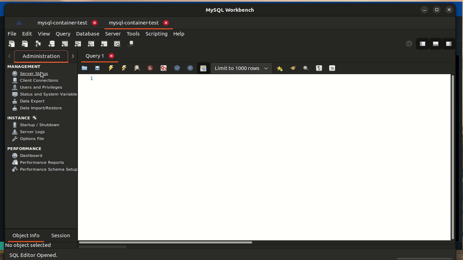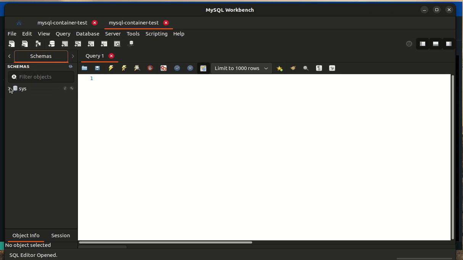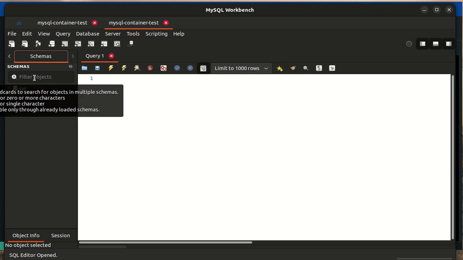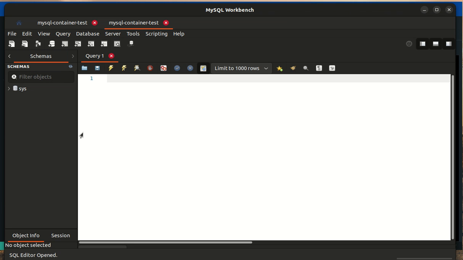You can see here from the administration management menu, server status, client connections, and so on. Right now I do not have any other tables or schemas except the default ones, so I'll be performing a query on the default one by writing select all